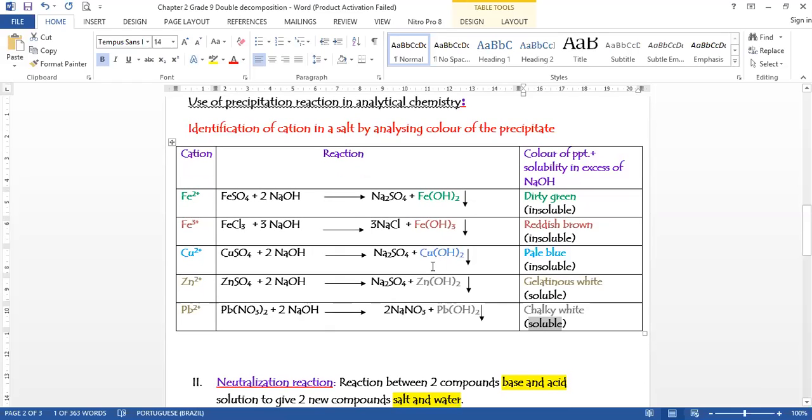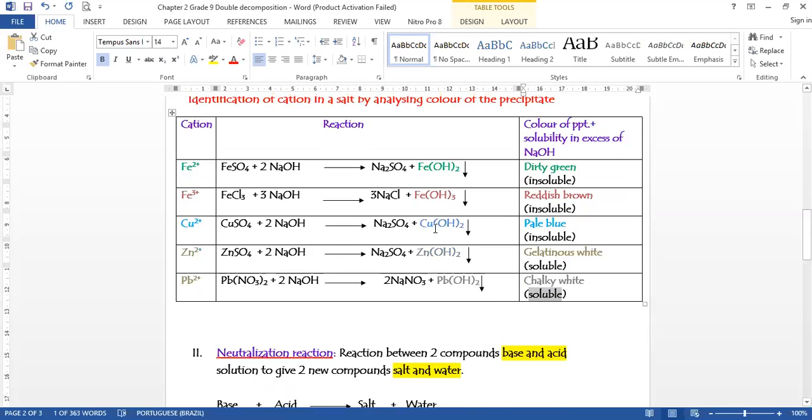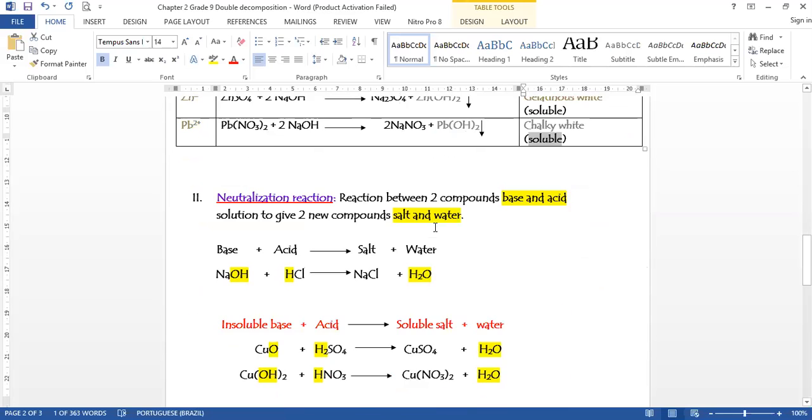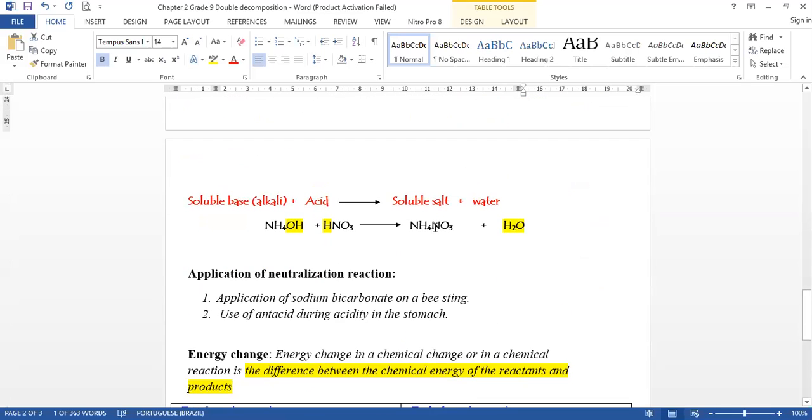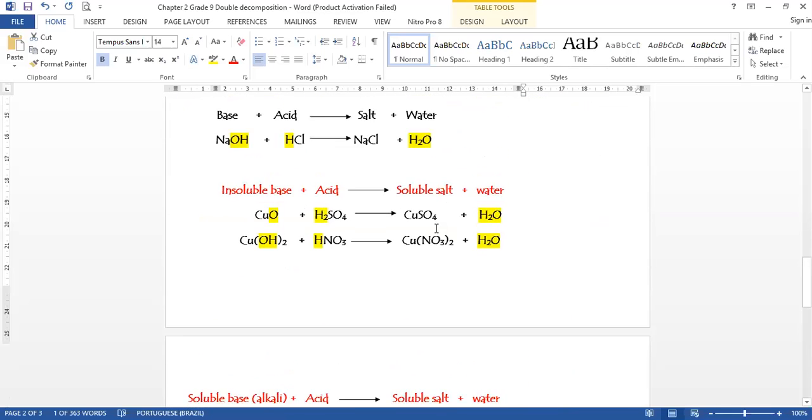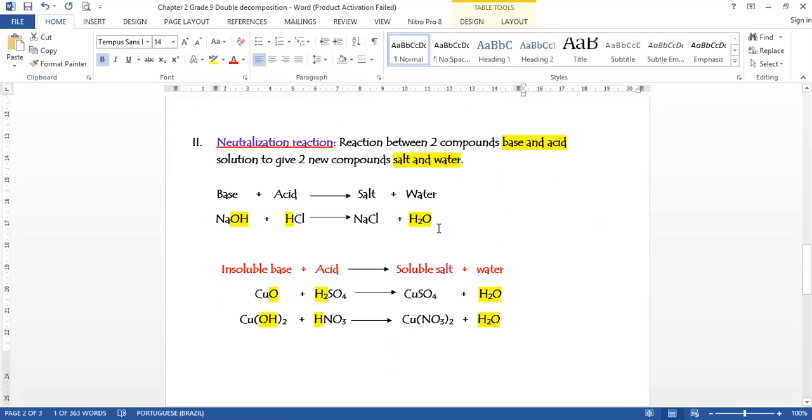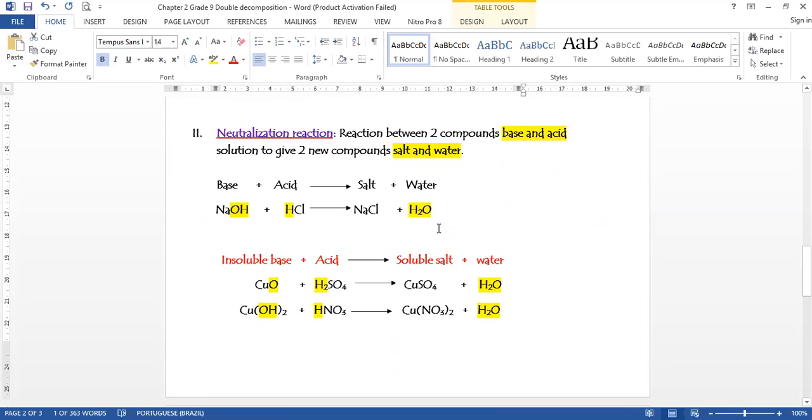So this is the first type of double decomposition reaction. As you can see, all the reactions are the same. It is just swapping the ions between both the compounds, and you're getting the new compounds over here. The next type of double decomposition reaction is neutralization reaction, which has two types. I'll be discussing this tomorrow, and after that we will do a general revision and go on to the next chapter. So that's it for today, children. We'll meet tomorrow. Okay, bye bye.